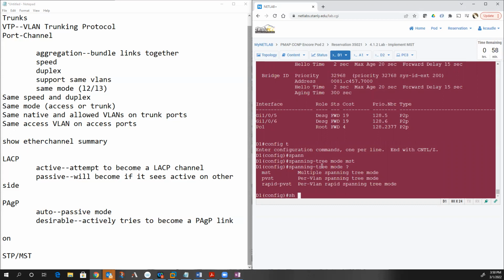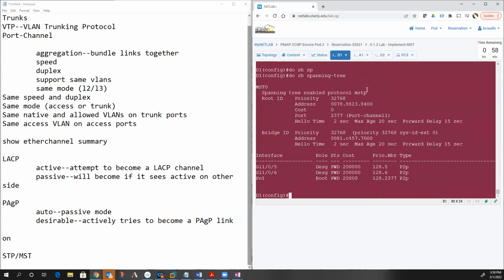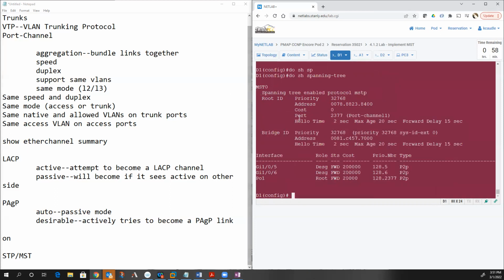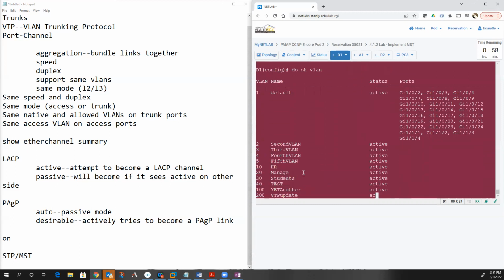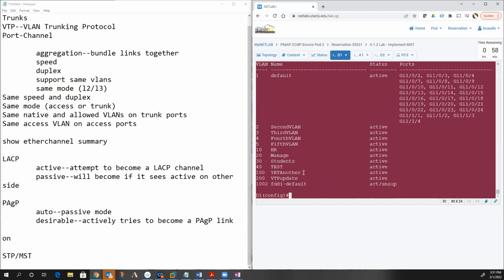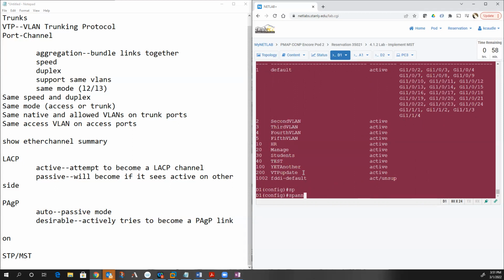So if I do a show spanning tree, you will see that we're running MSTP. And right now, instance 0, we've only got one instance, and all of our VLANs are in that instance. So every single VLAN would be in instance 0. But we're going to put our VLANs, okay, so do show VLAN. We're going to put VLANs 2, 3, 4, and 5 in instance 1, and then we're going to put the rest in instance 2. So we have to start by doing spanning tree